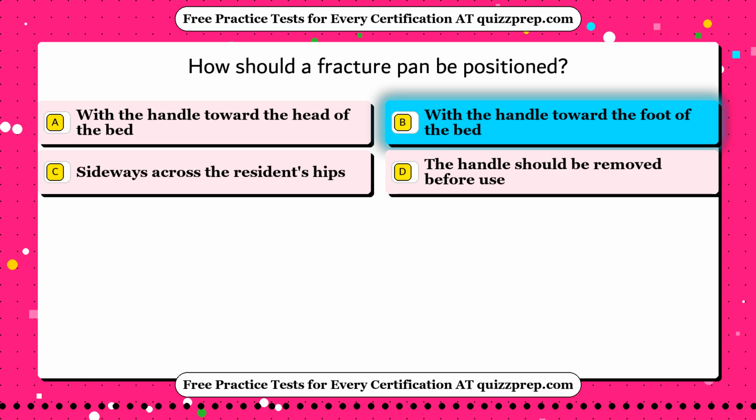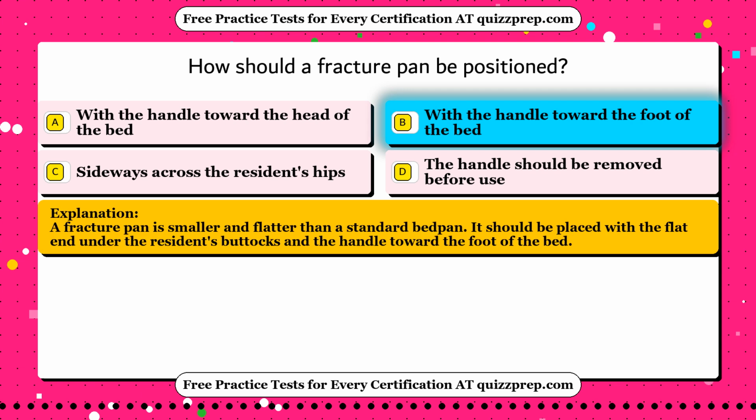The correct answer is option B, with the handle toward the foot of the bed. A fracture pan is smaller and flatter than a standard bedpan. It should be placed with the flat end under the resident's buttocks and the handle toward the foot of the